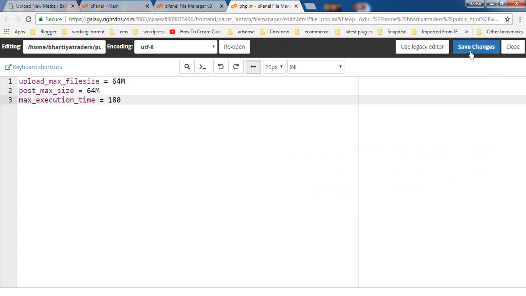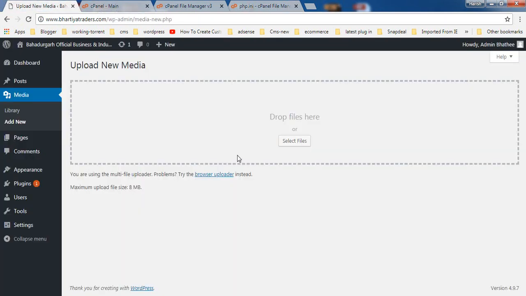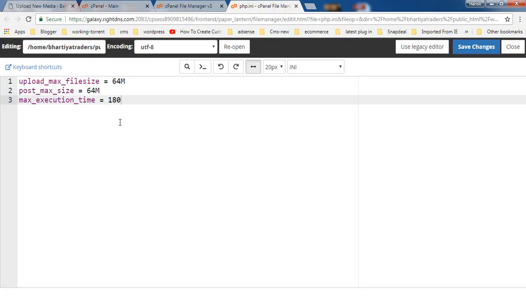Then click on save changes, and let's see what will happen here. It was 8 MB and now it's 64 MB. It simply means that I can now upload files up to 64 MB, and if you want to make these values much larger, then you can simply type in here like